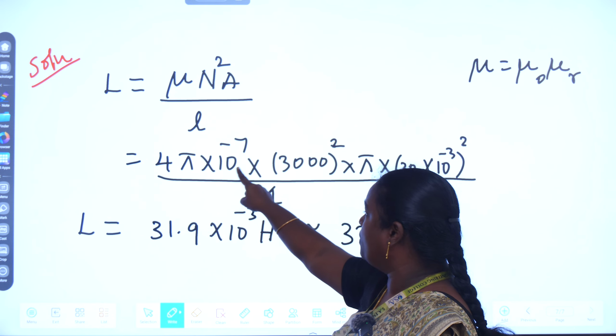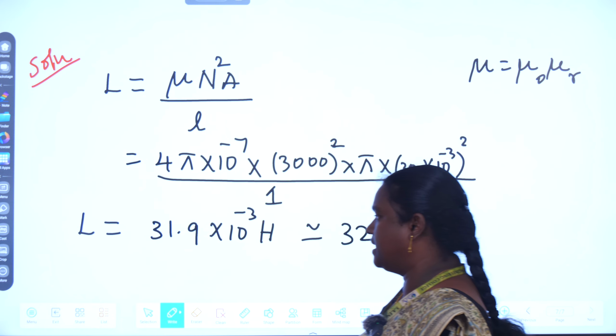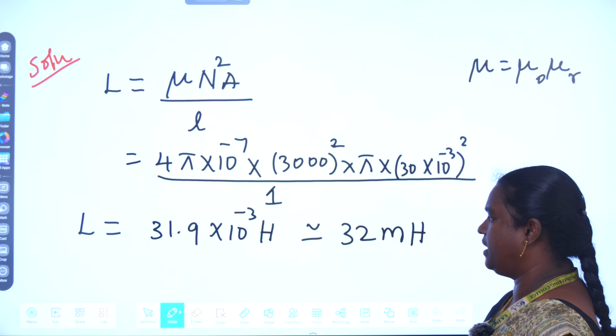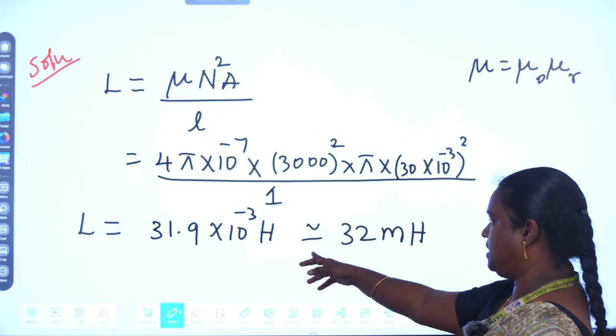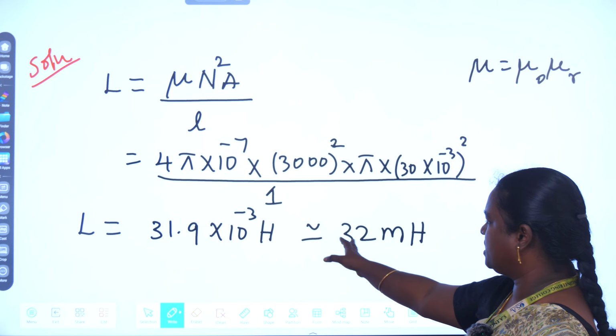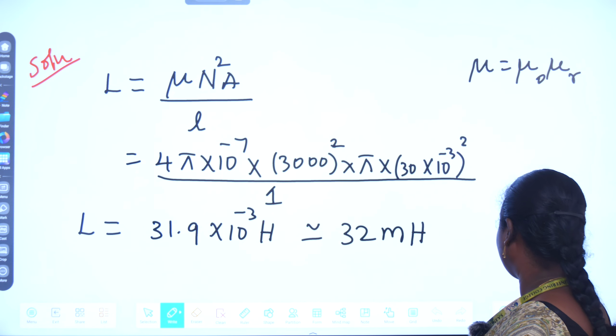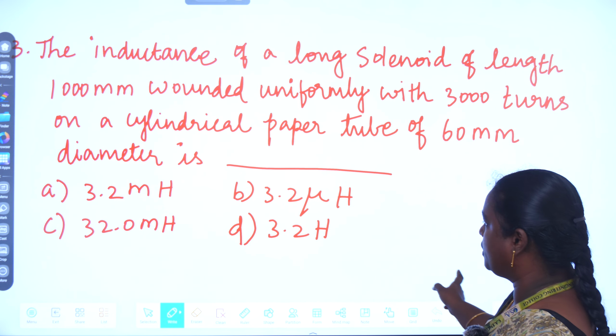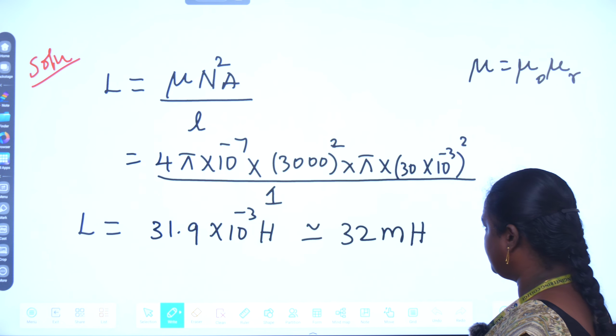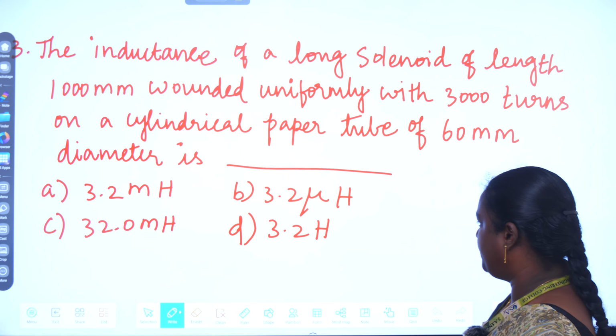Substituting all these values and calculating, we get inductance L equal to 31.9 into 10⁻³ Henry, or approximately we can write 32 millihenry. The answer is 32 millihenry,